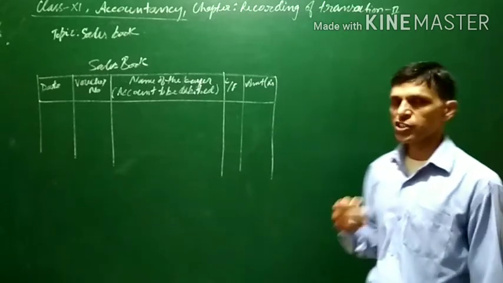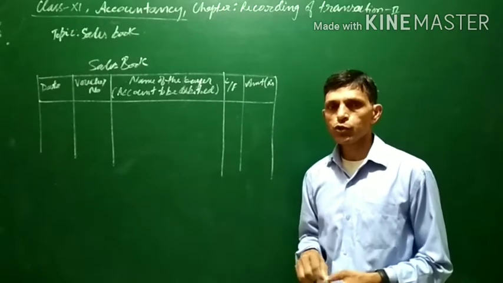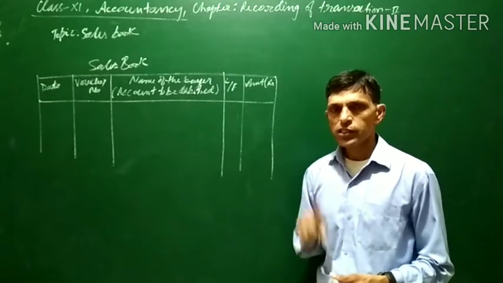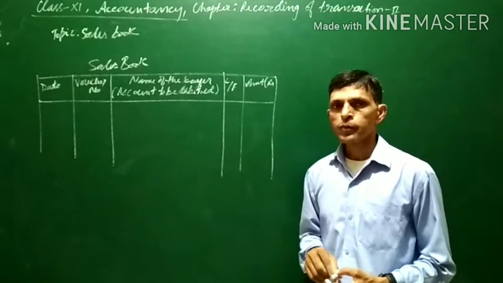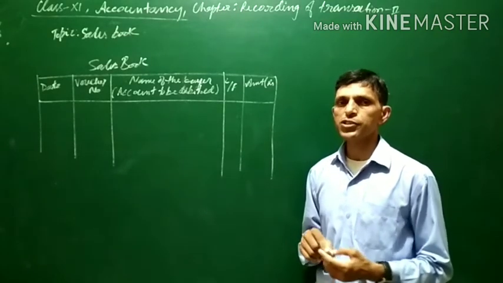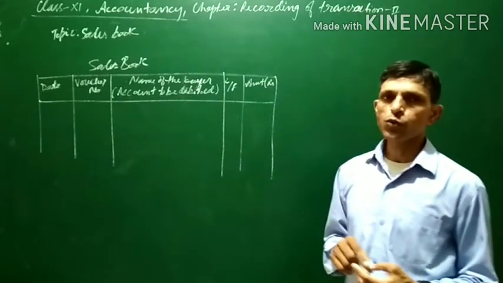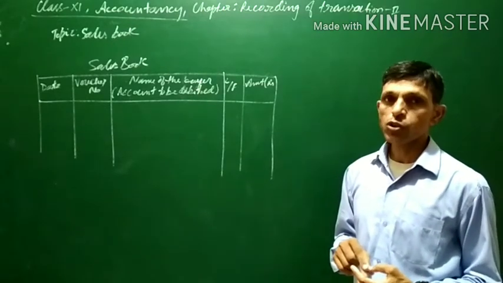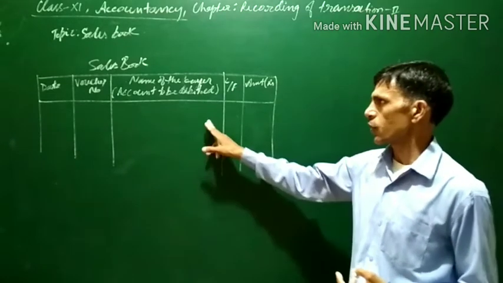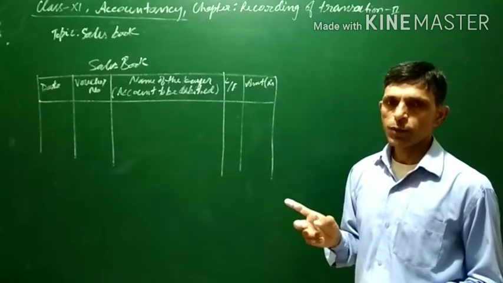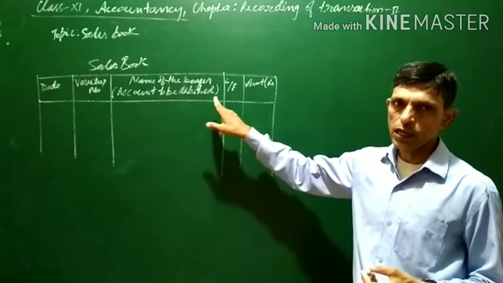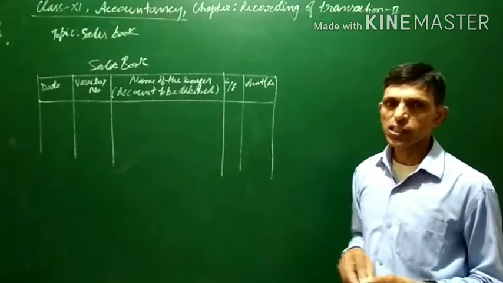In the purchase book, the buying of goods in which the business deals is recorded, and only credit purchases are recorded. Similarly, in the sales book, sales of those goods in which the business deals, meaning providing those goods or services, and only credit sales are recorded in the sales book. Cash sales are recorded directly in the cash book.